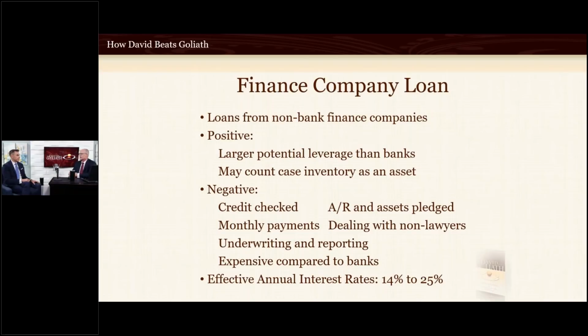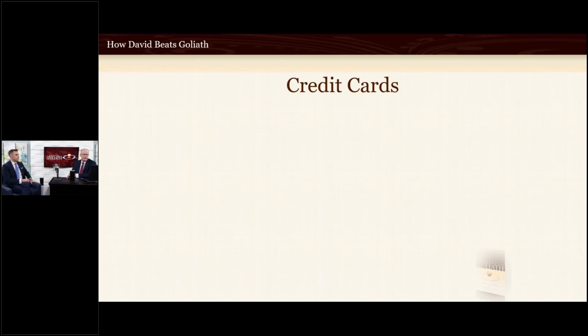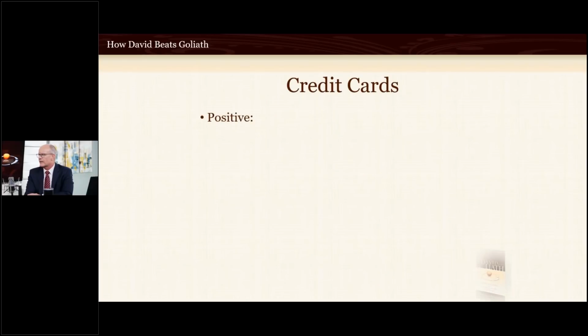Right, absolutely, makes sense. So the rates we're seeing, 14 to 25%, depending upon the lender out there. These are just a kind of vanilla loan, but they're a secured loan by accounts receivable. Let's talk about credit cards next. Folks might be surprised to see credit cards on the list.